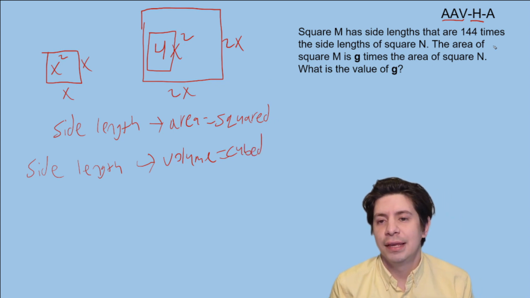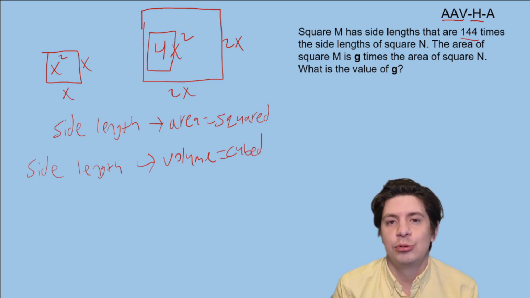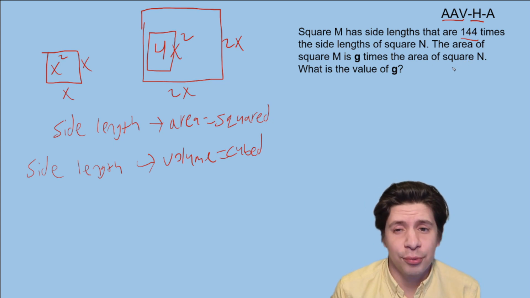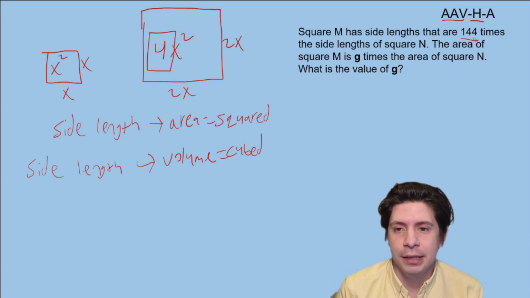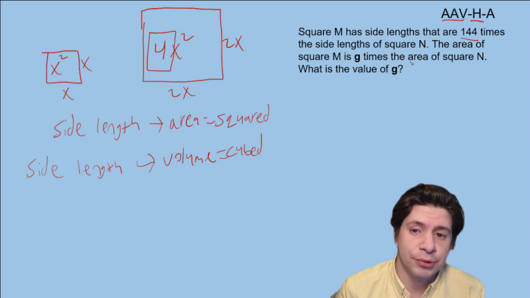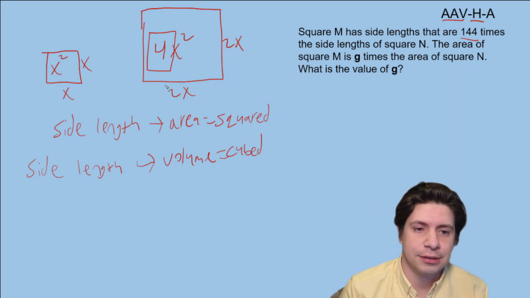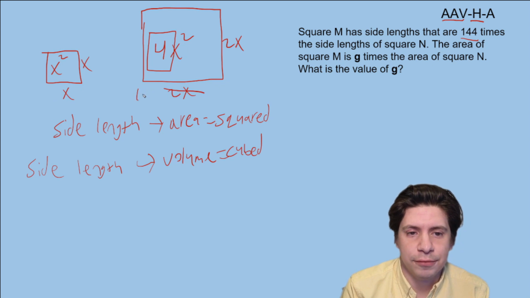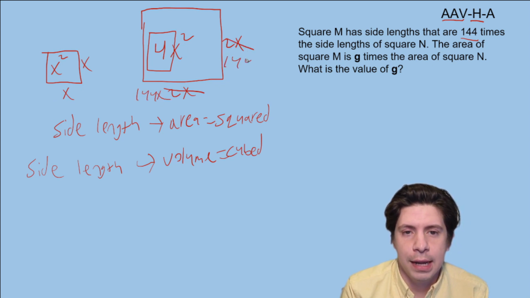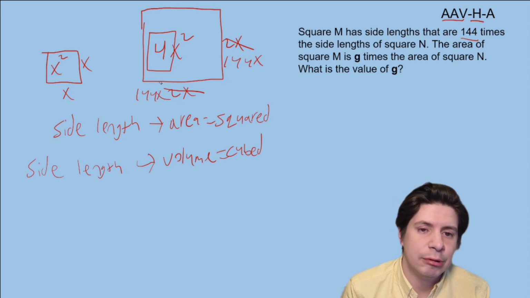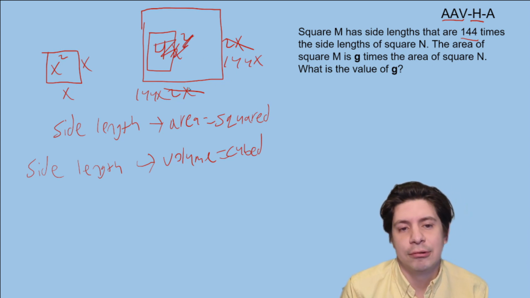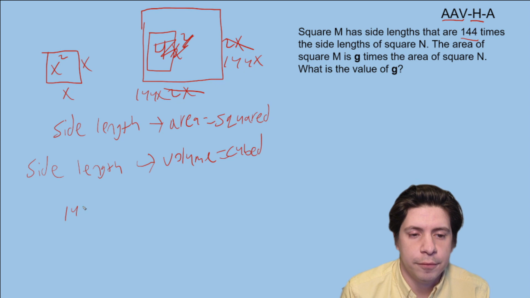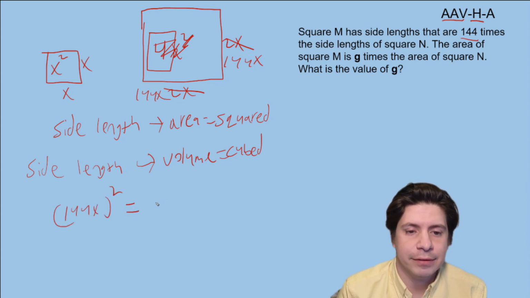So now here a tricky thing is that they tell us 144 times, and 144 is a perfect square, so you might think that's already being squared, and you might square root and say 12, but this is just the side length. So if we said the first one is X, and then we could say this is 144X, right? Then we would multiply, and it would become 144X squared,